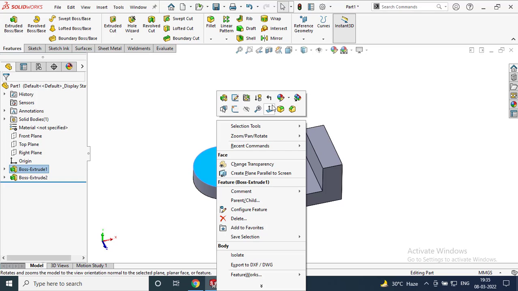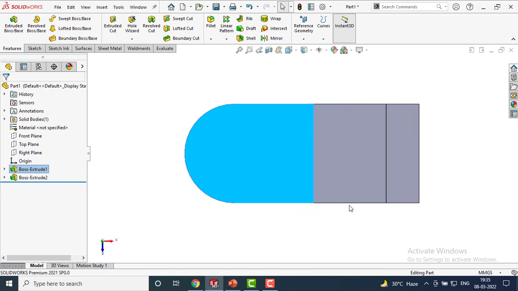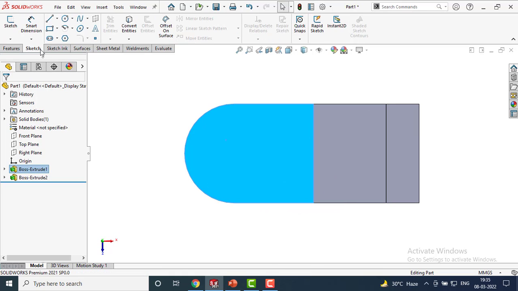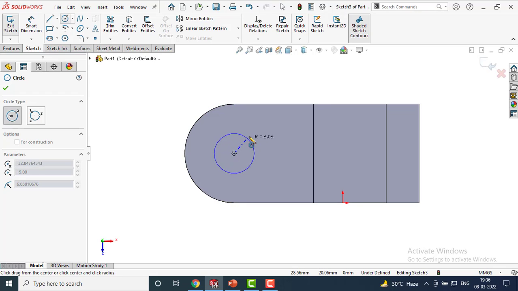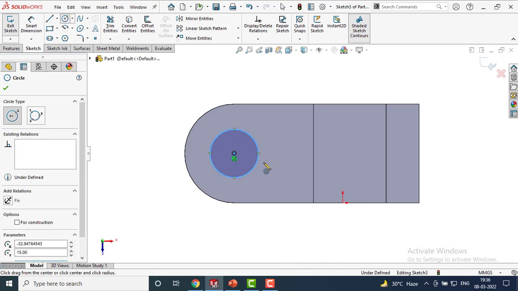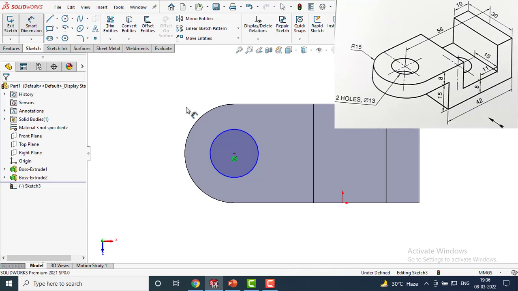Now again select this top face, make it normal to and draw some sketch here. Select a circle. Drag your mouse to the circumference of this circle so that we can get the center of this circle. Draw a circle here. Go to Smart Dimensioning.